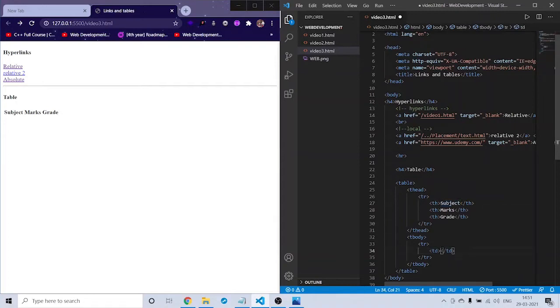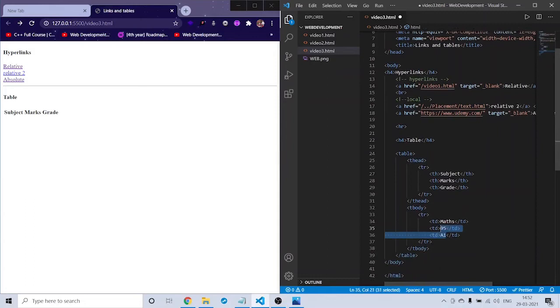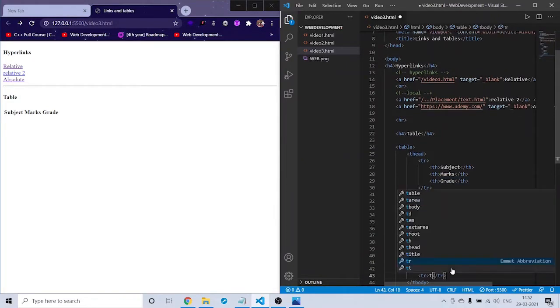So the subject would be math, and marks would be something around 95, and the grade would be A1. And in the same way I will create another tr, which is the other table row, and in that again td, which is physics, and marks would be 85, and grade would be A2, and again tr, and in that again td,